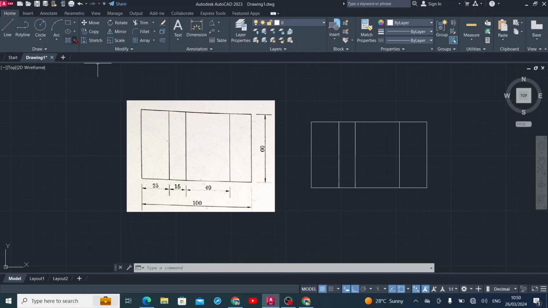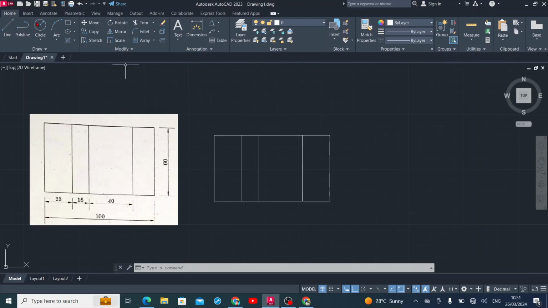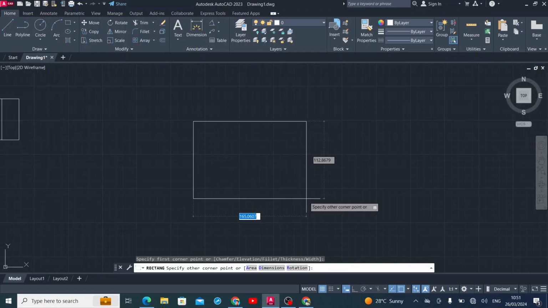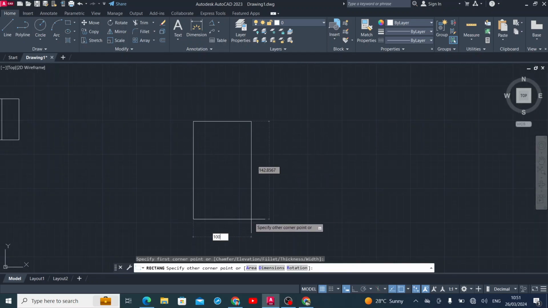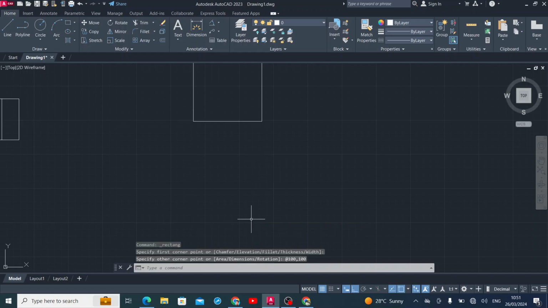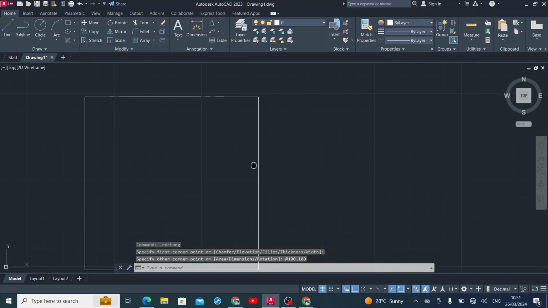So what we can learn from rectangle is, we can draw all 4 lines together whenever there is a closed loop. All 4 lines will be treated as a single entity if you draw from rectangle. The same thing, if you draw from lines, will be treated as separate entities. This is one difference. And also, if you draw a rectangle here, for example 100, 100, enter,